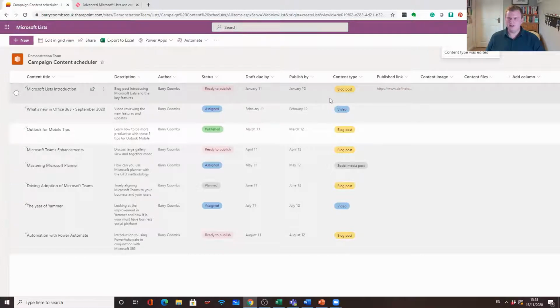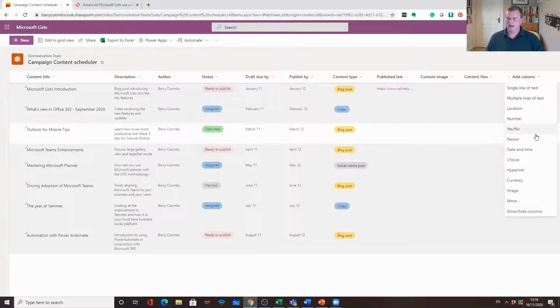Now, the other thing that we seem to be missing is who is going to do this work. We've got author, which shows who has created this task, but we haven't got a list of who this has been allocated to. So we're now going to choose the option to add another field. So down the end here, I'm going to choose the option to add a column,